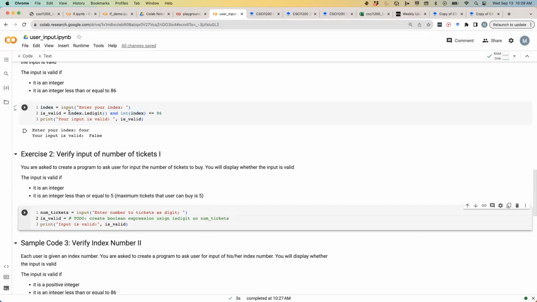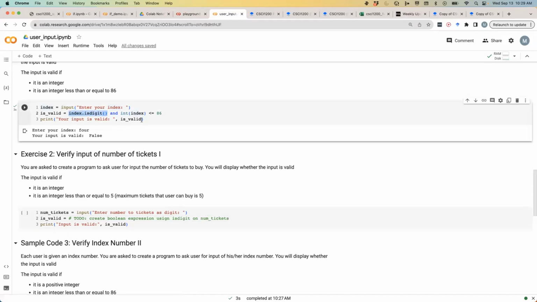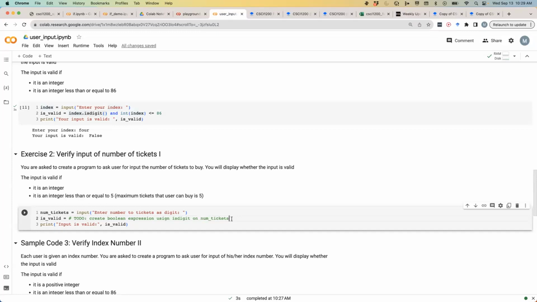So we'll do num_tickets.isDigit. If it is true, then only we check the second condition. So, and